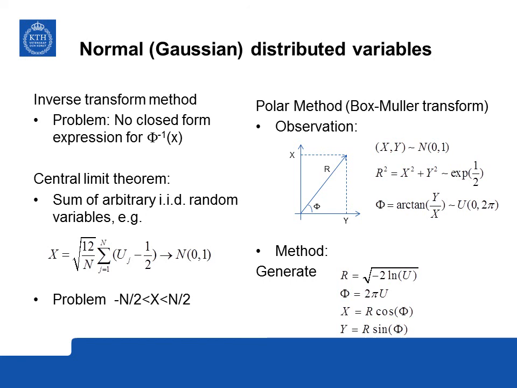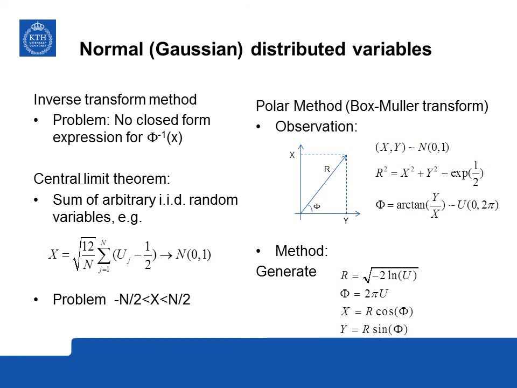And it's based on the observation that if you have x and y, a pair of independent normally distributed variables, then if you see them as a point in space, and you use the polar description of this point in the plane, you can describe it with a distance r and angle phi, and we know that the distance r squared is simply, by Pythagoras' theorem,